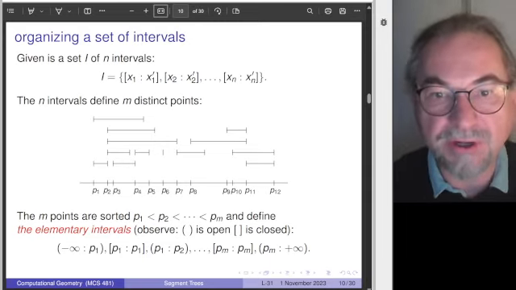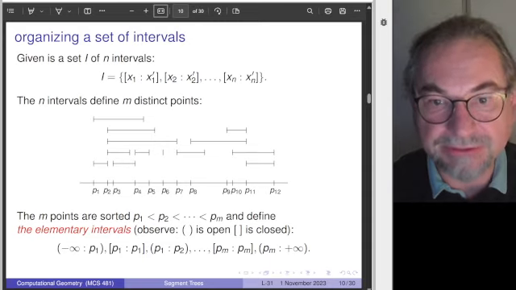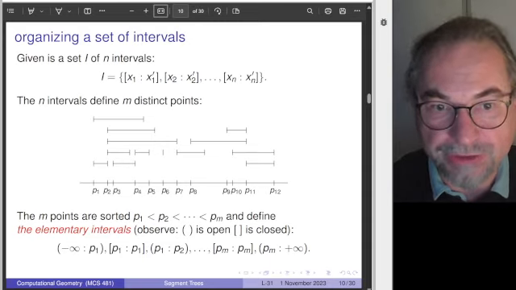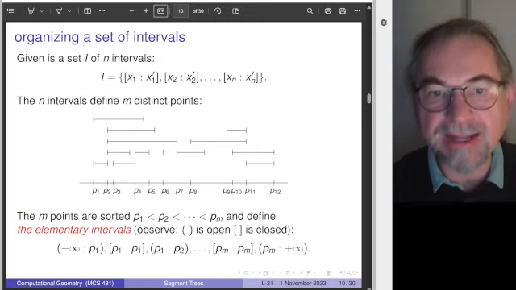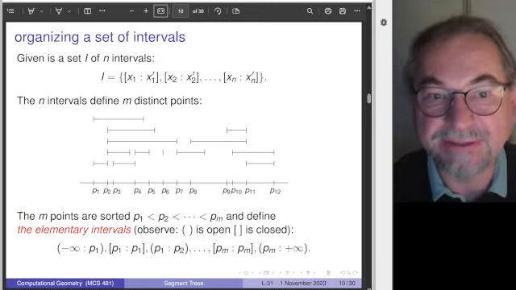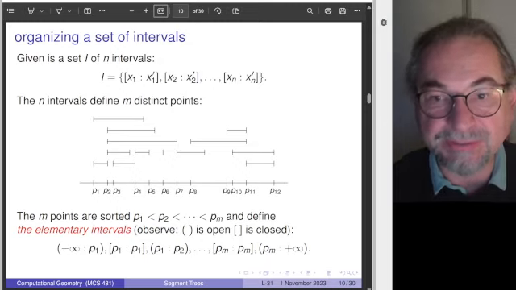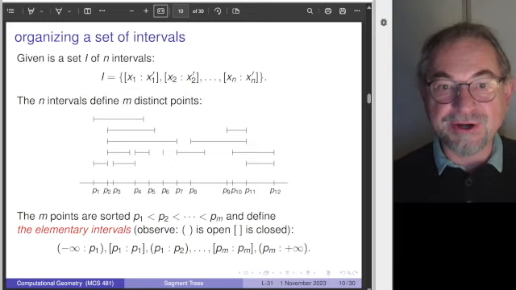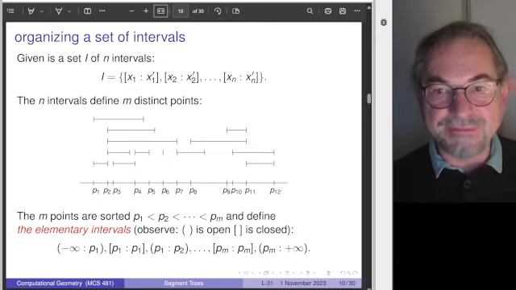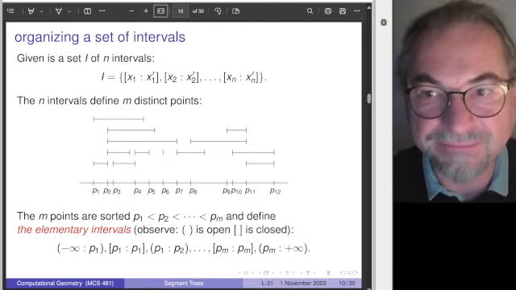So we have a number of distinct points, and we're going to sort those distinct points and define the elementary intervals. So in some sense, it's a partition of the entire line, so going from minus infinity to plus infinity,